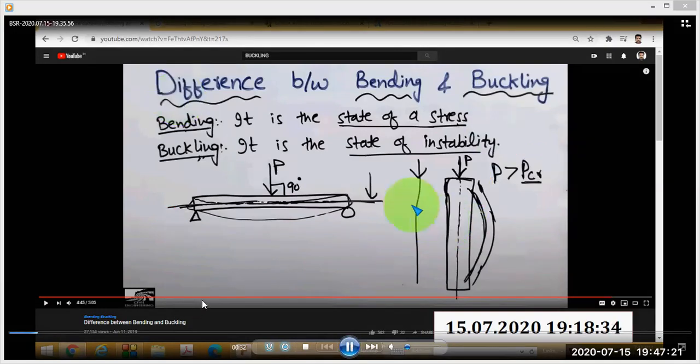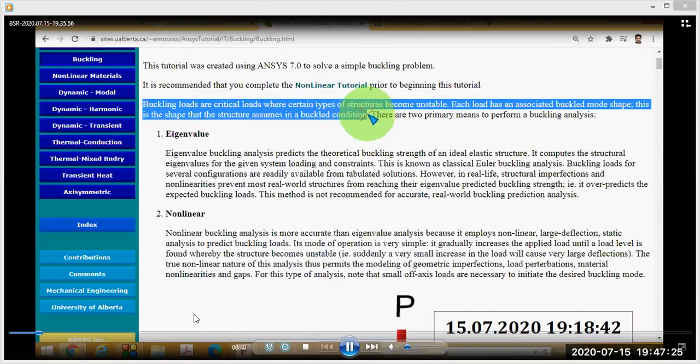Once again, this is another definition. Buckling loads are the critical loads where certain types of structures become unstable. Each load has an associated buckled mode shape. This is the shape that the structure assumes in a buckled condition.